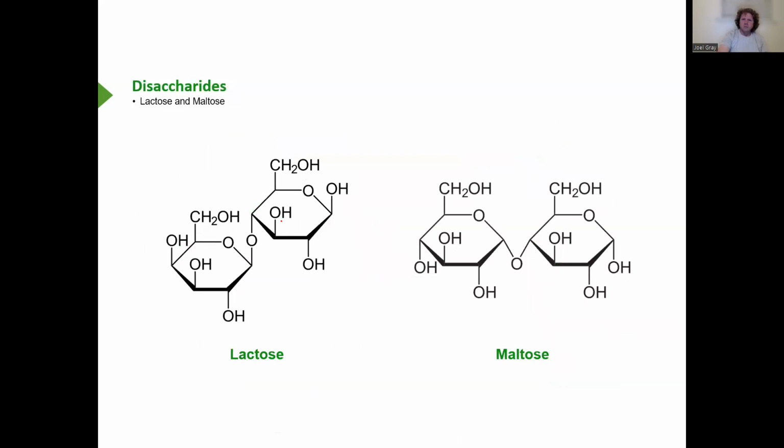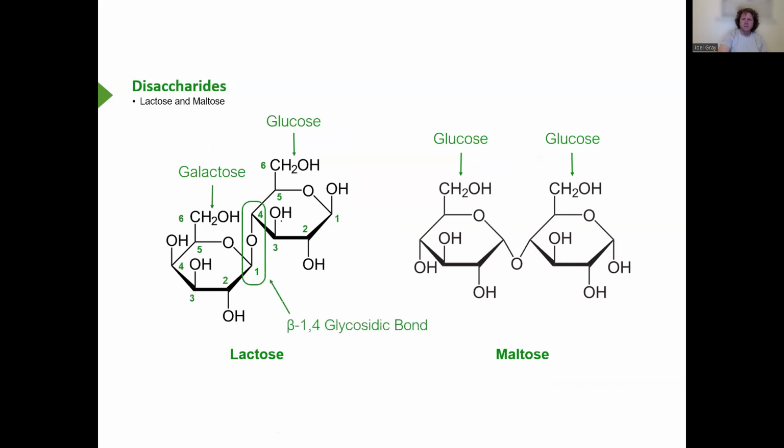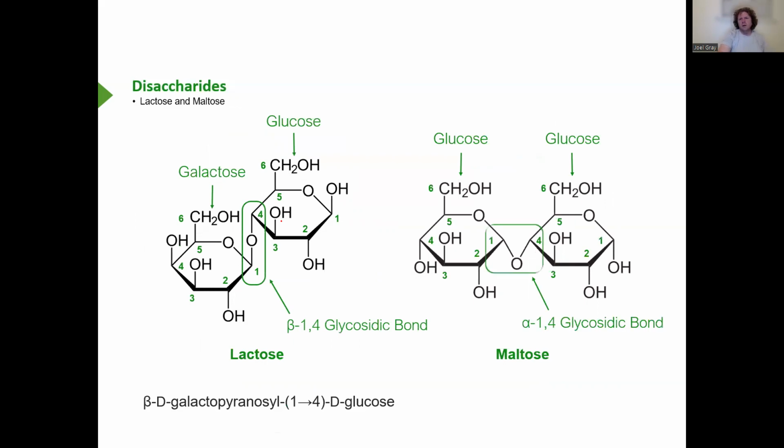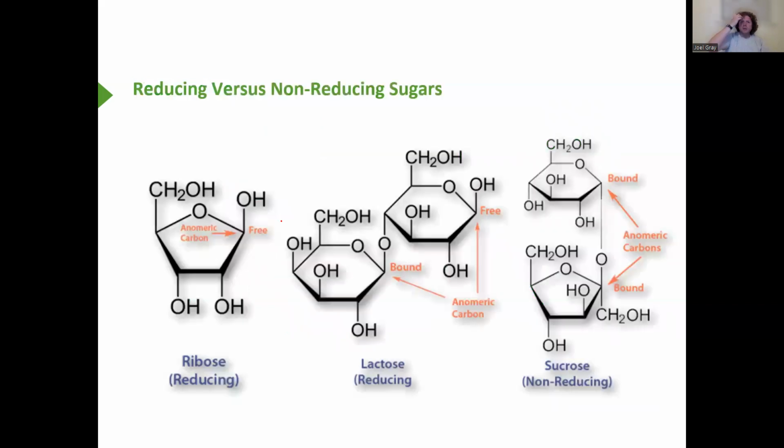So lactose and maltose are displayed here: glucose and galactose, glucose and glucose. Beta 1,4 glycosidic linkage, and we've got an alpha 1,4 glycosidic linkage. Disaccharides and monosaccharides are important to distinguish between one another, and being able to identify glycosidic linkage is important. But what's also important is to identify a reducing or a non-reducing sugar, and a reducing or a non-reducing end